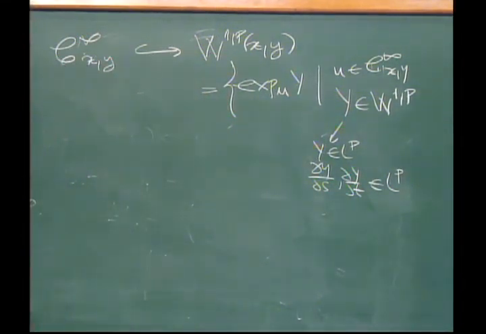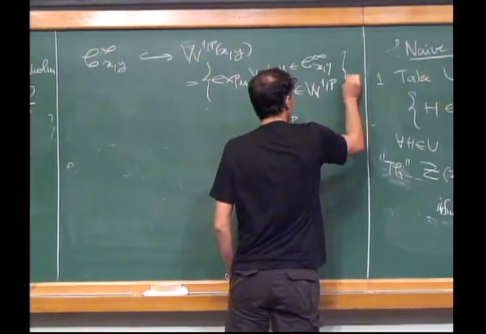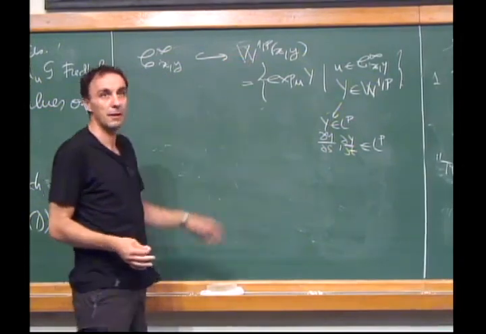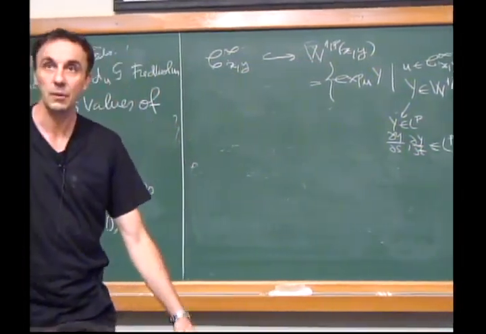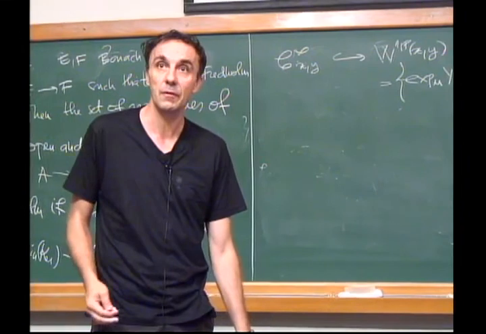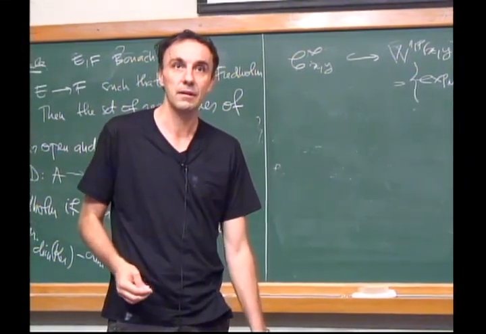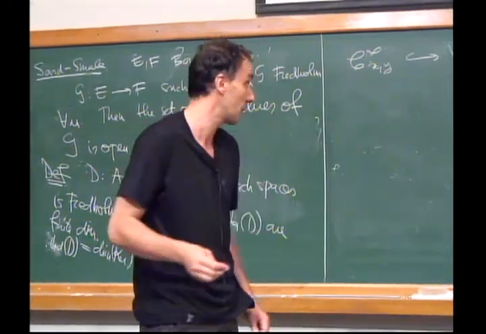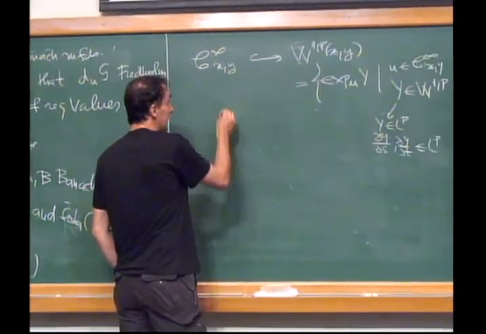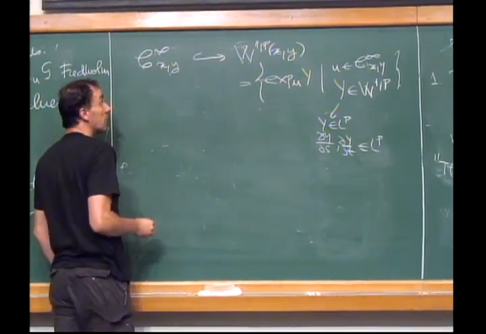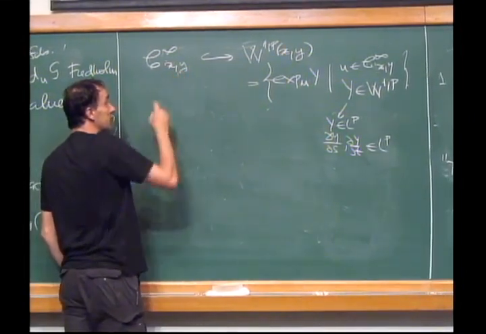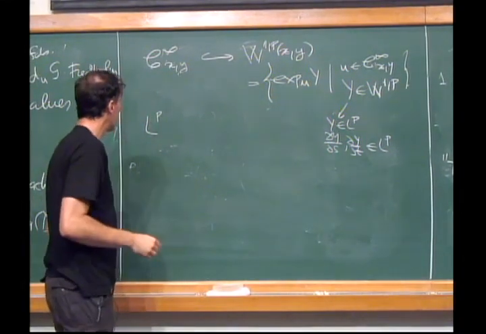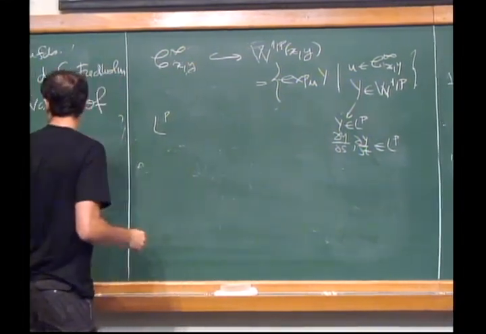Okay, and this can be shown to be a Banach manifold. So we have to work with Banach manifolds in order to have a chance to have this Fredholm property. And this is the replacement of C infinity xy, and the replacement of the space E